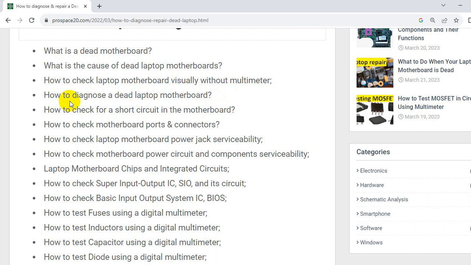Then how to diagnose a dead laptop motherboard. How to check for a short circuit in the motherboard. How to check motherboard ports and connectors. How to check laptop motherboard power jack serviceability. How to check motherboard power circuit and components serviceability, laptop motherboard chips and integrated circuits, how to check the super input-output